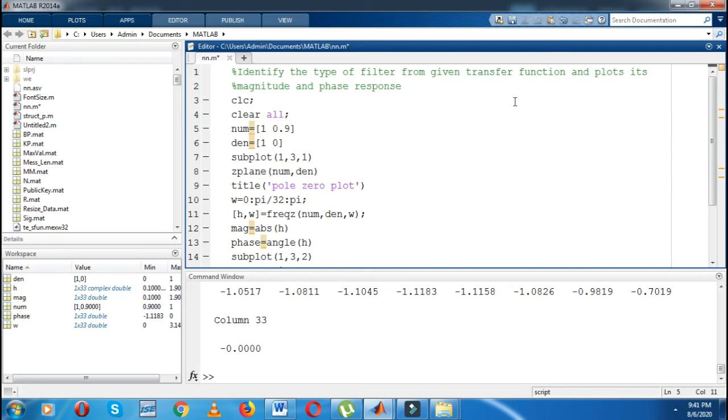So how to define that, and what are the numerator and denominator? See here, I will take numerator 100. So basically I am designing an IIR band pass filter through the transfer function.